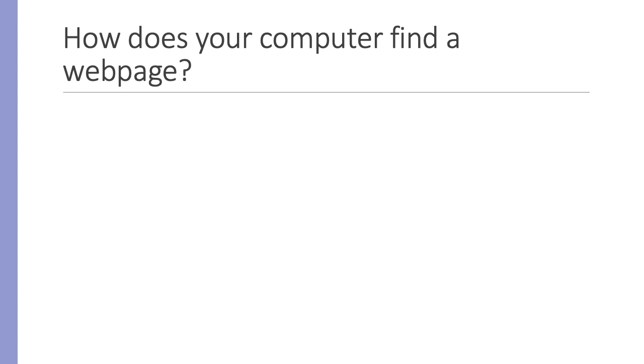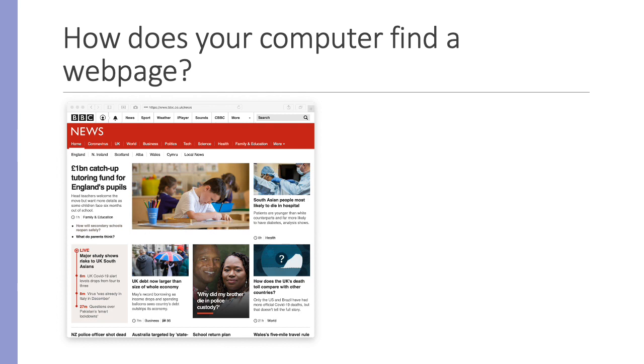So let's take a look at how a computer would access and find a web page that we're looking for. Let's suppose in this example that we wish to access the BBC News website. We'd first of all load our web browser, and then having loaded the web browser, we would type in the address for this page. In this case, it would be